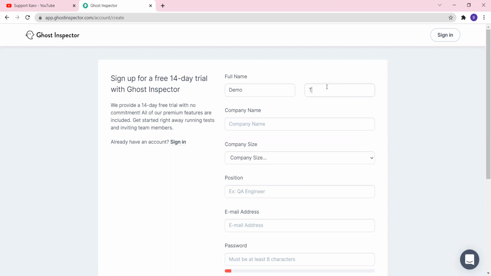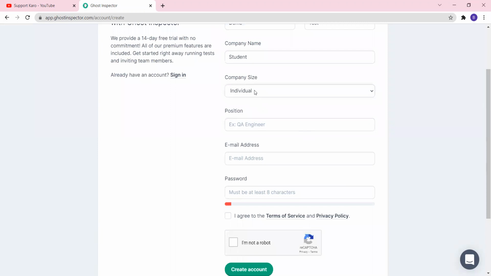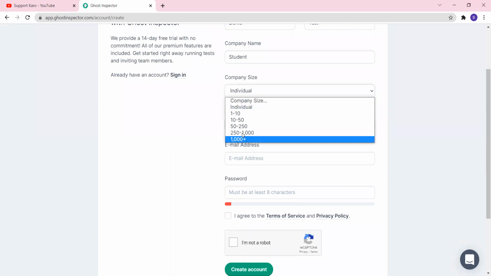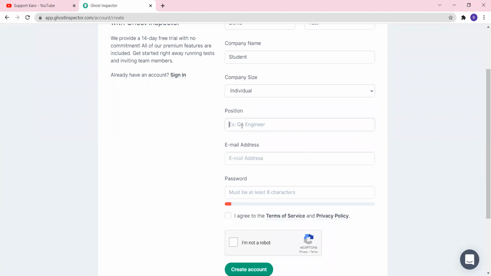Demo and last name is test, and company name student, and your company size individuals. You can select as per your company size, but I'm just selecting individuals for right now. QA engineers,